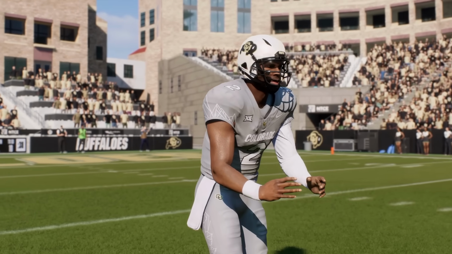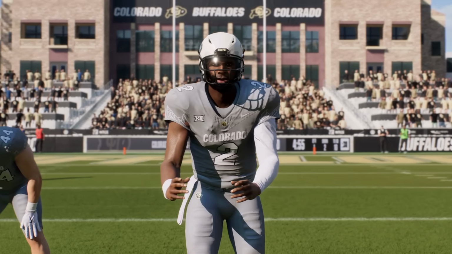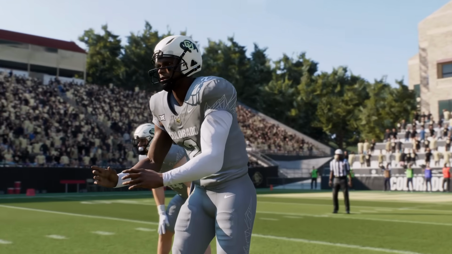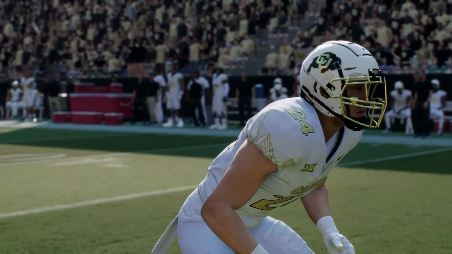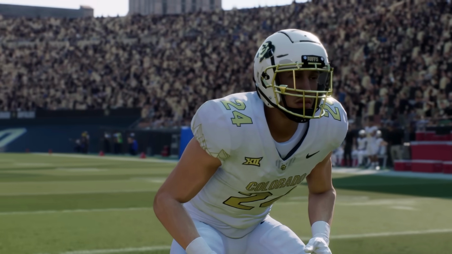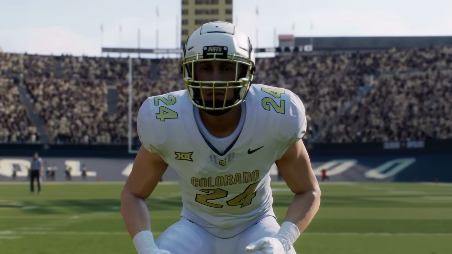They got the updated all grays, which are some of my favorite Colorado unis. They got this year's version with the mountains on the sleeve and things like that. So all grays, always a good look for Colorado. They also got the updated white gold, which is another good look, especially with the white helmet and gold face mask. I love the whole combo, but they got the updated 2024 version of those unis in the game now,